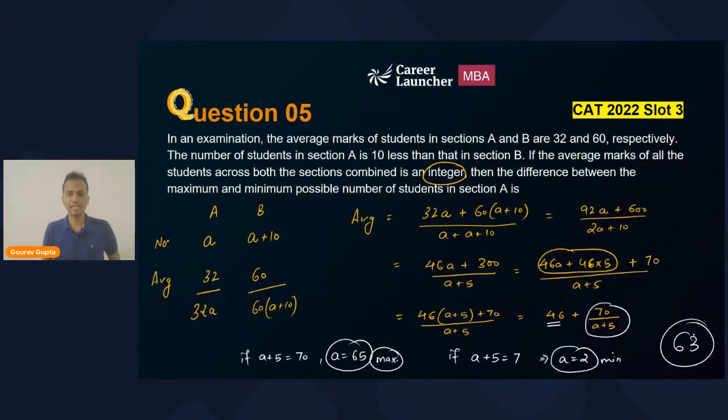All right, fine. So if you have converted the entire expression in this form, 46 plus 70 divided by a plus 5, then the things will become very easy for you. Okay, you'll find over the internet plenty of different ways of getting the answer. This, I believe, is the easiest one. Okay, all right. So that's it. That was question number 4 from my side. I hope you would have understood.